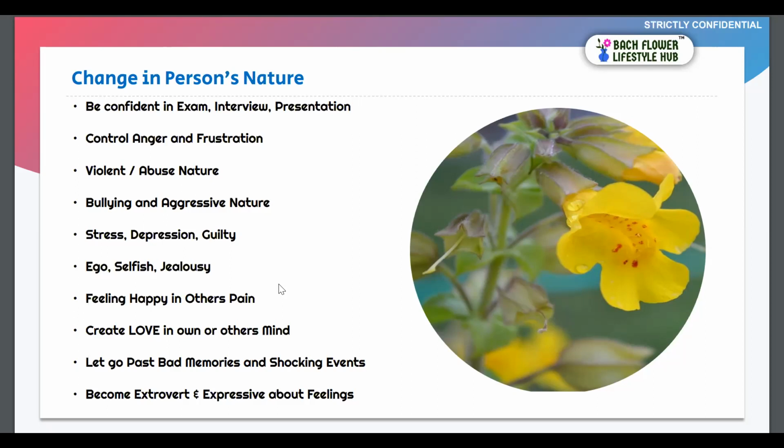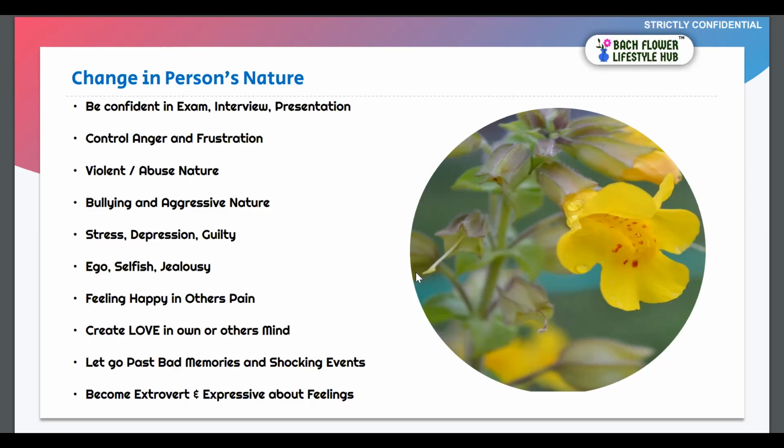Some people are really jealous of others, and we can help them get out of these emotions. Feeling happy about others being in pain. We have seen many serials and many characters in our real life as well who are happy because others are in pain. This is not something they naturally have, but it is carried throughout the journey of their life. So we can help them to be peaceful and have natural loving emotions which can get them out of this jealousy. We can create love in others' minds or our own mind using these remedies.